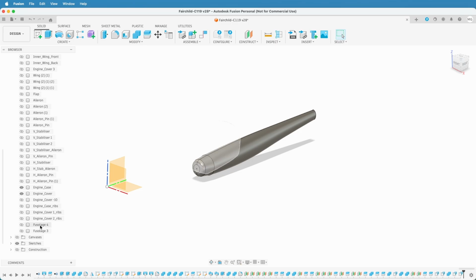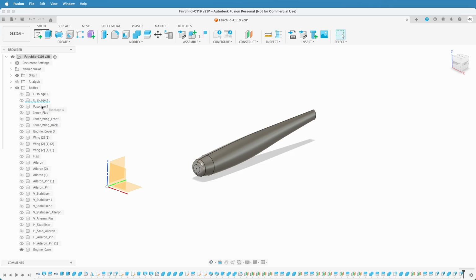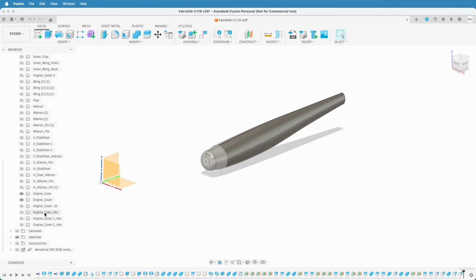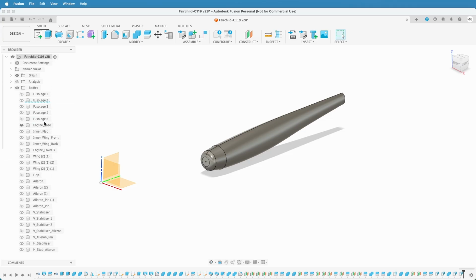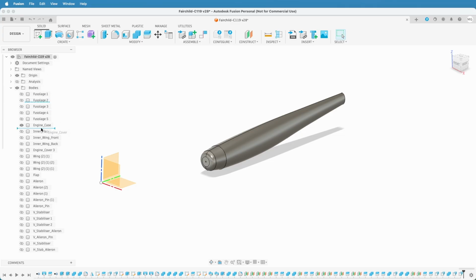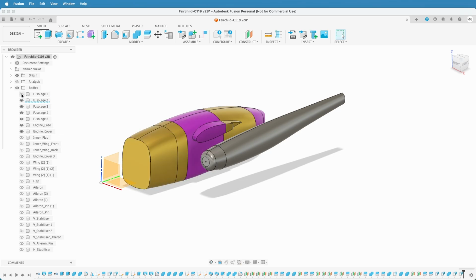And let's bring this one up, to make life easier. Bring this one just after the fuselage. There we go. So now if I put back everything there,